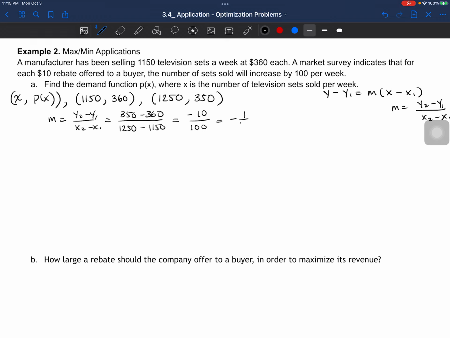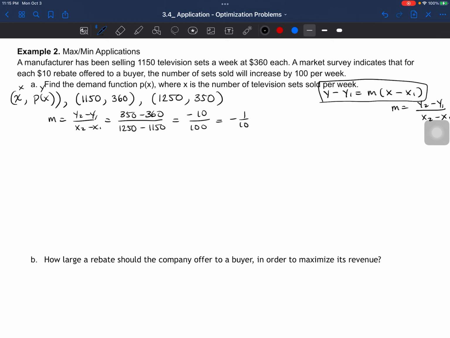This will be minus 10 over 100, which equals negative 1 over 10 as a slope. And then we can use our linear equation to come up with a linear relationship for the demand price, the demand function,